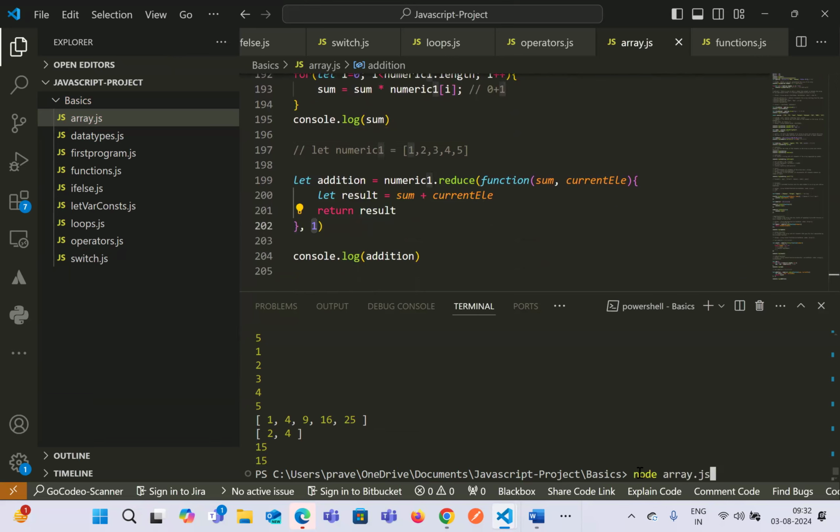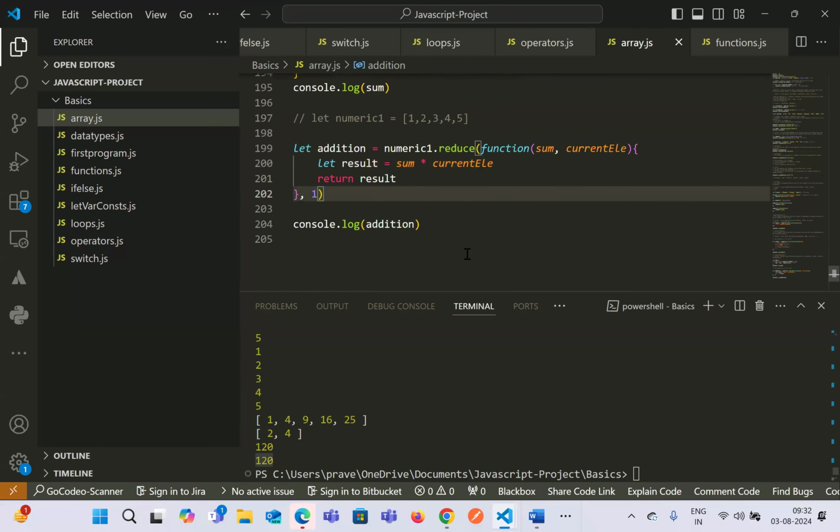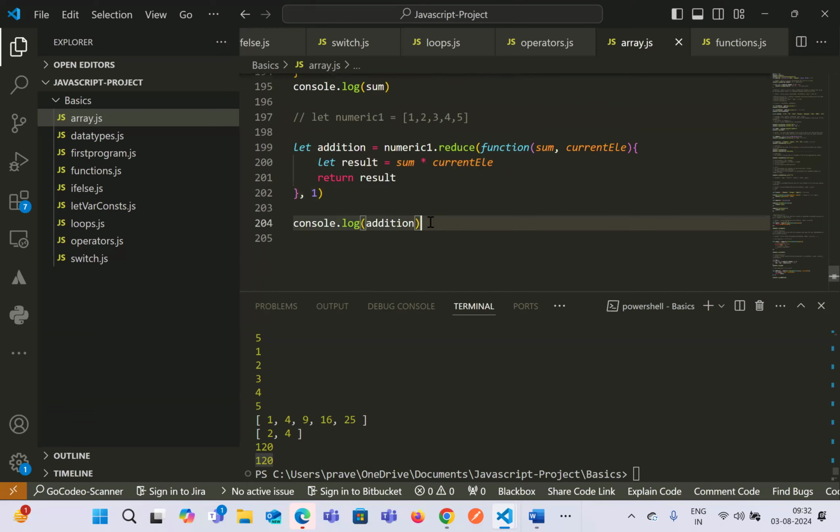If you print the code, all the approaches will give you the same result whenever you multiply it. So you can see that even in the normal for loop, it has given you 120, and even using reduce, it has given us 120. These are not so important in terms of test automation, but they are important in terms of writing or clearing interviews. Okay, so these were the important